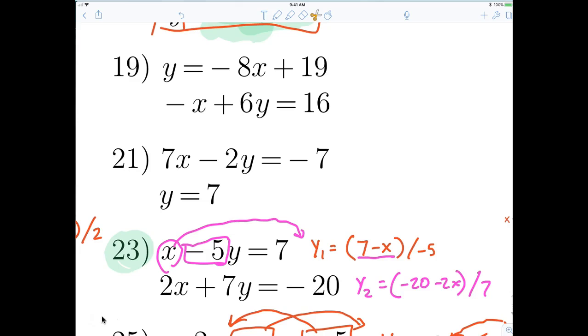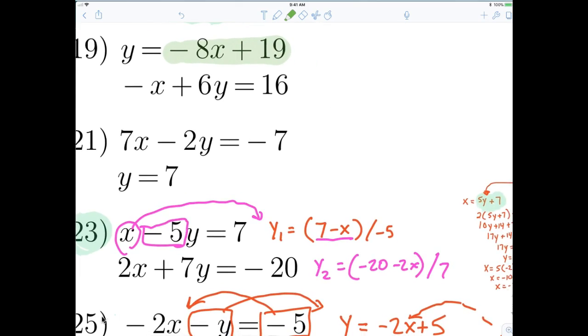So wherever I see a y, I can put what? Negative 8x plus 19. Right? Wherever I see a y, I can put negative 8x plus 19. So here we go. So negative x plus 6, open parentheses, negative 8x plus 19